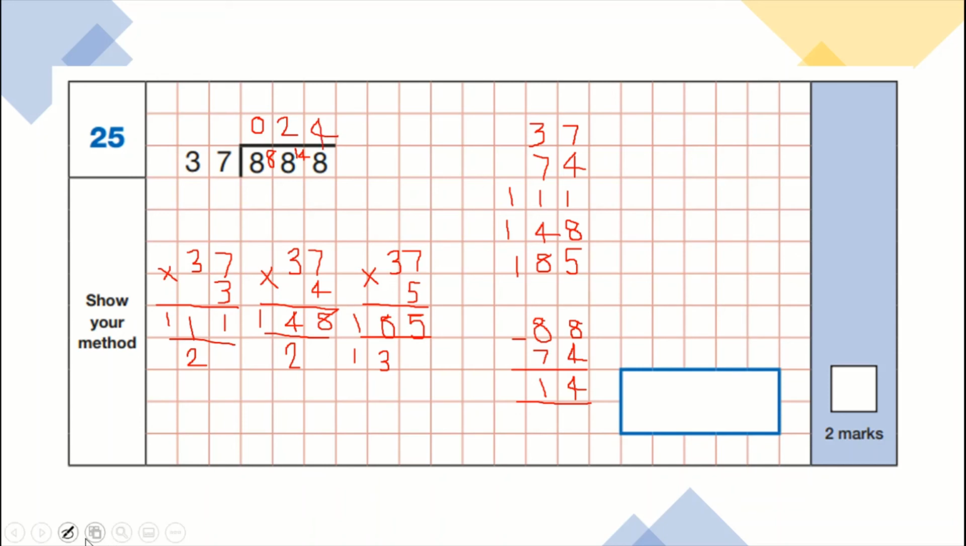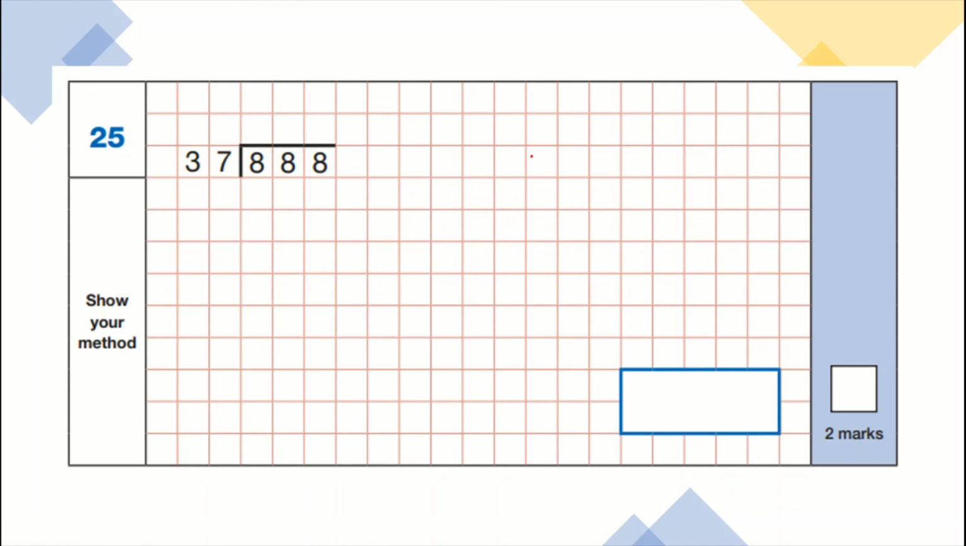There's also another way to work this out. We would still start off by writing the multiples out. So I can remember these from before. 37, 74, 111, 148, 185. So 37 divided by 8, well, that would be 0. Then we'll go to the next number along, making this 88. 37 into 88, that would be here, 2,